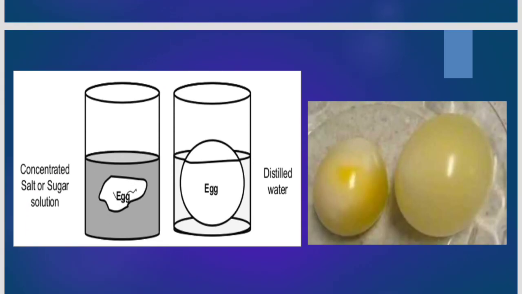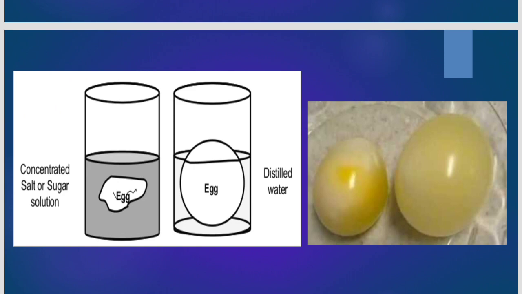Now here I want to show you what I have just discussed with you. We are taking the egg. You must have observed boiled eggs. When you remove the outer shell of a boiled egg, there is a thin white membrane, which we remove also. We don't eat that. That membrane is called a plasma membrane. So to show exosmosis and endoosmosis, we do this experiment.